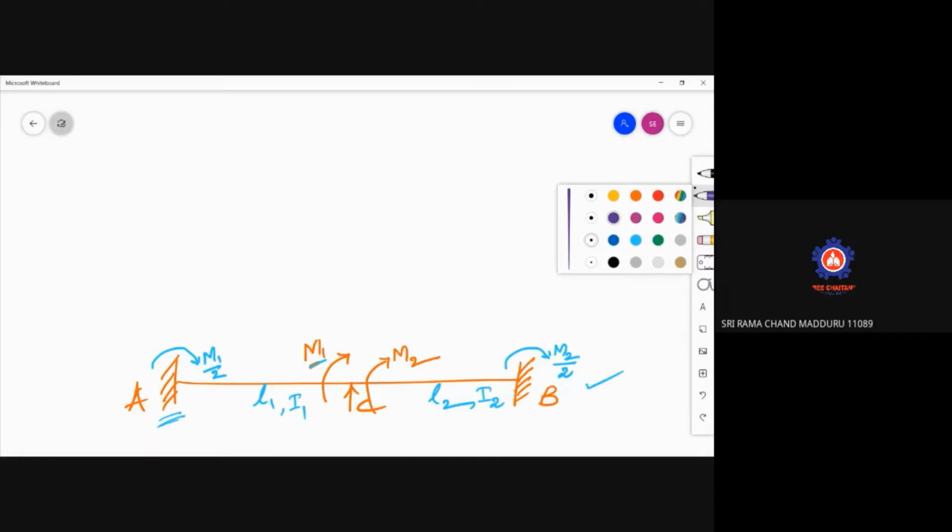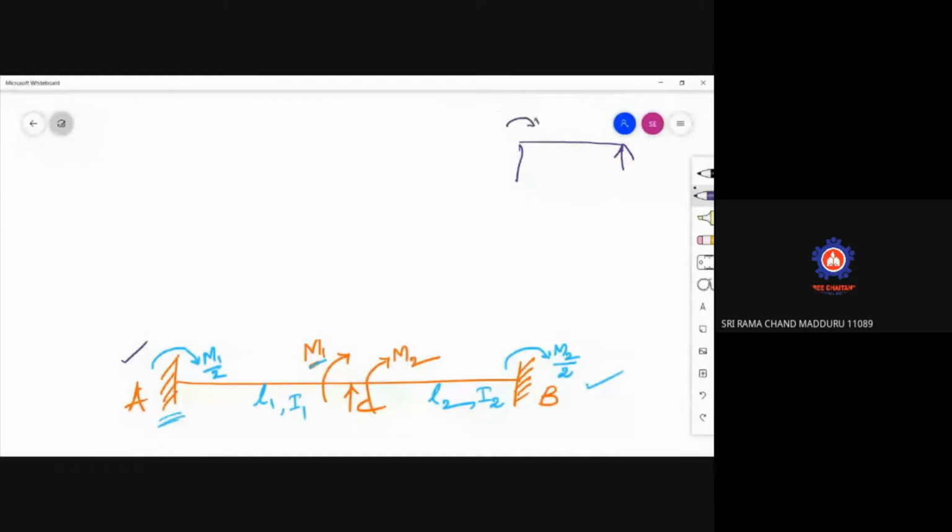Okay, now coming to this, we'll draw the bending moment diagram for this loading. This is a beam with a moment of M1 by 2 here, and a moment of M1 at the other end. Just for your understanding, I am drawing once again here. If I call this RA and this RB1, your moment is M1 by 2 here, and this value is M1.